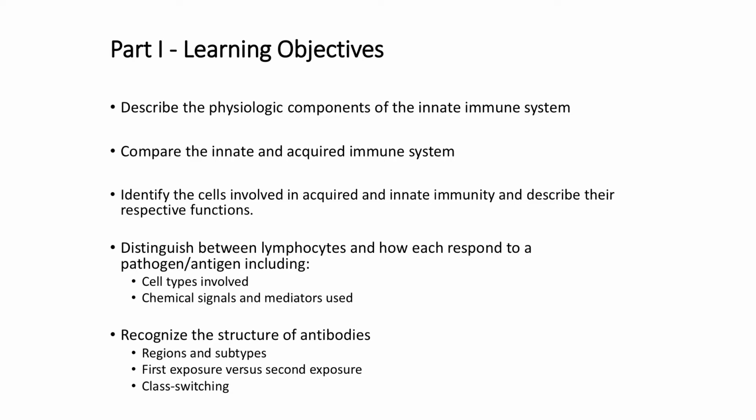So if you want to check over these learning objectives, first of all, we're going to go over the various components of the innate, the born that way immune system, and then compare the innate to the specific acquired immune system. We'll go through some cell types that are involved in both the acquired and innate immune system. And once we get to those cell types, which we refer to as lymphocytes, cyte meaning cell and lympho meaning of the lymphatic system,